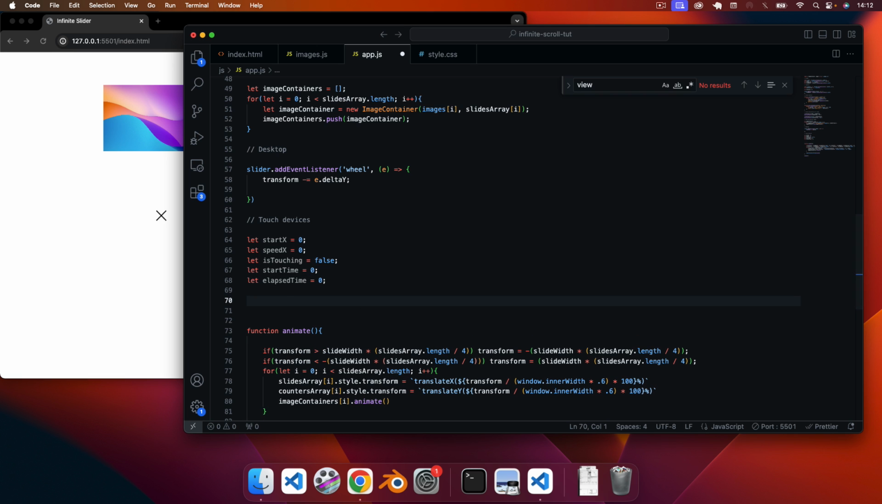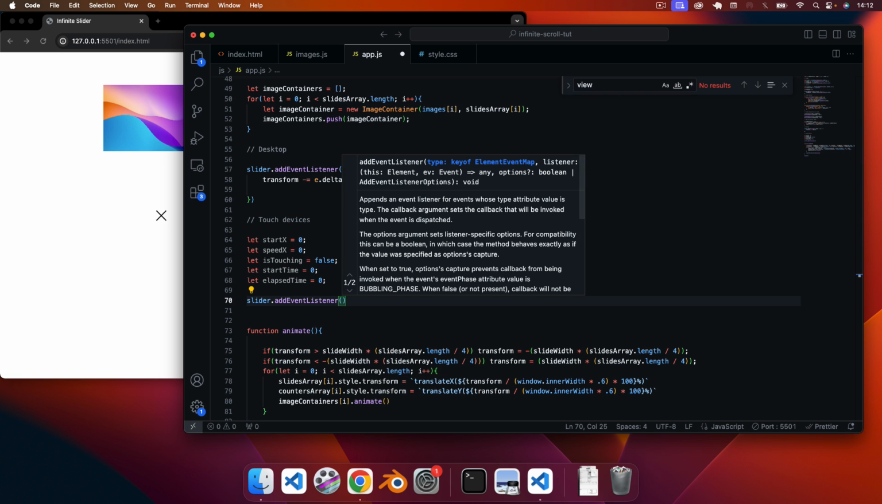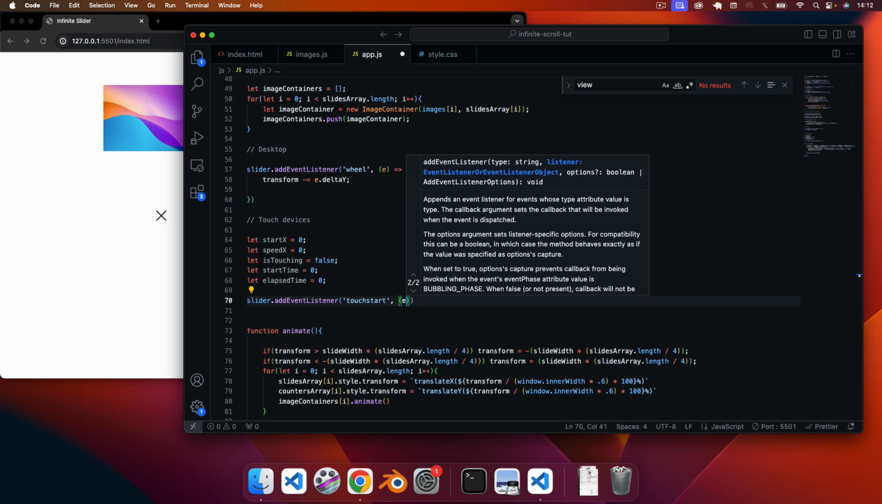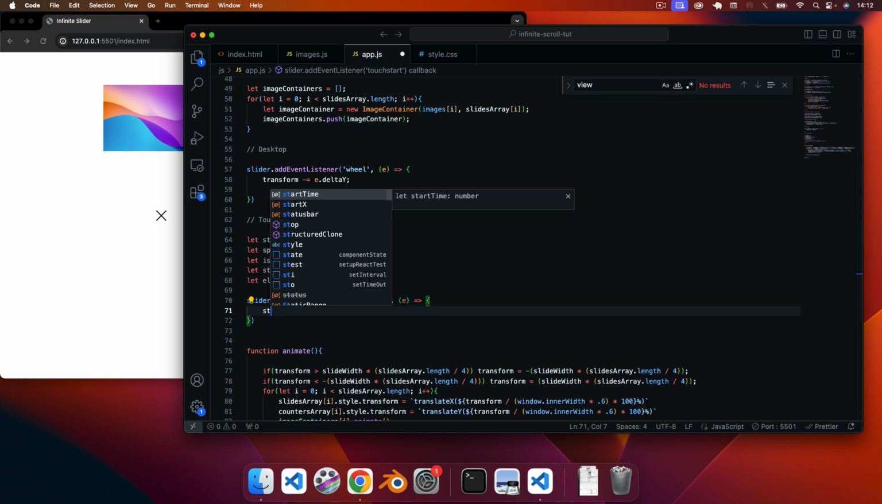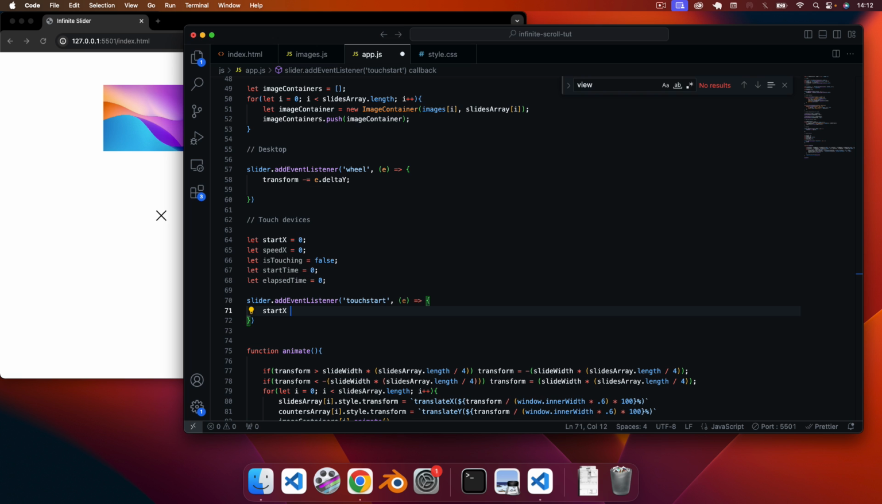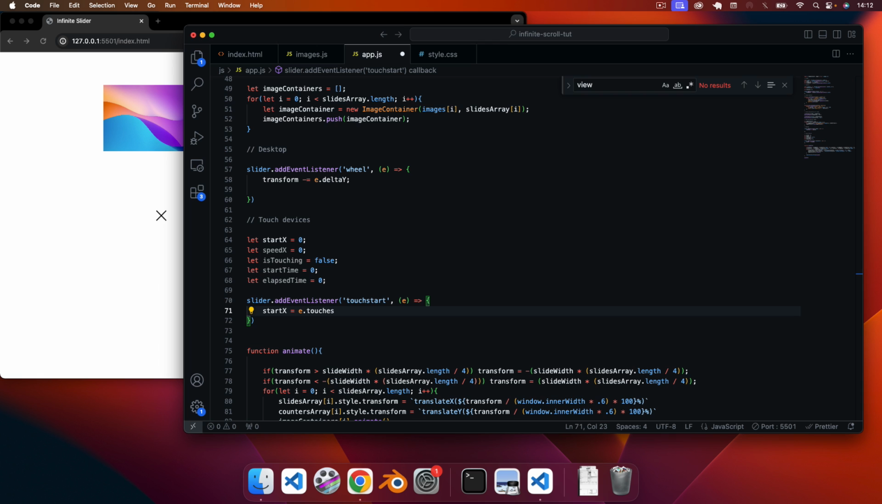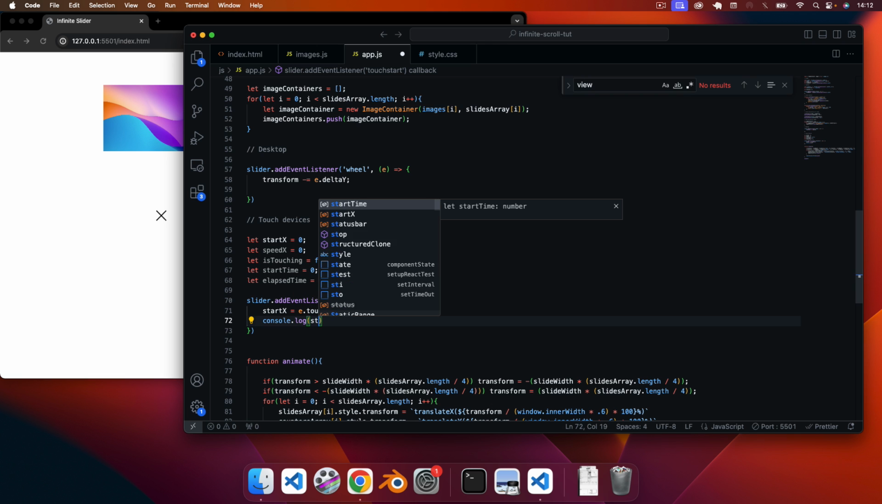Okay, so the first thing we want to do for touchscreen devices is say slider dot addEventListener, and we listen for a touchstart event. Then we're taking the event value here, and what we want to do is say startX, and that's going to equal e dot touches. Okay, so we have a touches array on this, and so if I, for example, console.log startX,